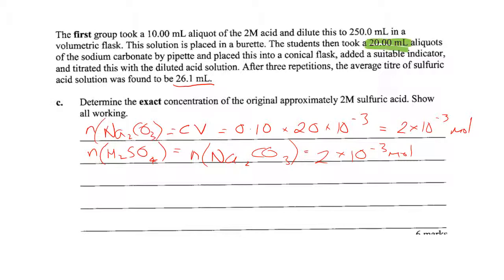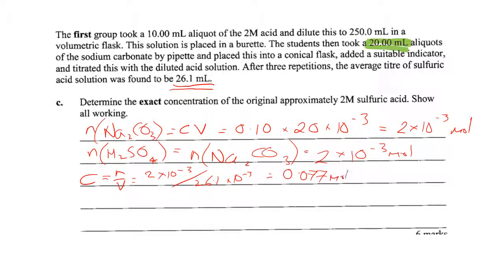So the next thing I'm going to think about is I'm actually going to use this 26.1 mil value, because this is the amount of sulfuric acid that was present in 26.1 mils. I think I said that wrong before. So the first thing I'm going to think about is the concentration of sulfuric acid is going to be n over V. So it's 2 times 10 to the minus 3 over 26.1, again times 10 to the minus 3 because we're talking in litres, and we get 0.077